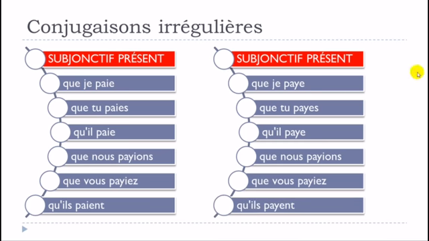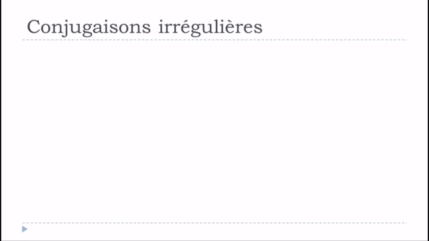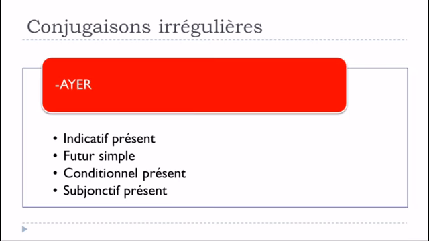Okay, so it's actually quite good. I mean, you can see that you've got two options, which is quite rare in French. Normally you get one rule and then you should respect it. So for this verb, and for the group of verbs that end with A-Y-E-R, you will have the option of respecting the rule and making these little modifications, or if you want to keep the normal rule for the ER verbs, then it's possible. So keep in mind that indicatif présent, futur simple, conditionnel présent, and subjonctif présent are concerned by this rule.